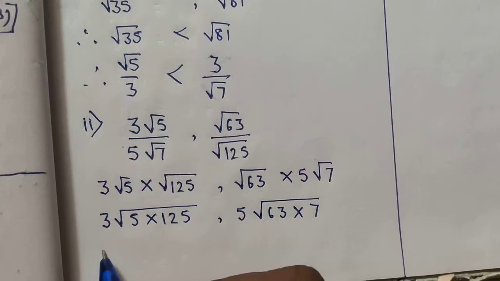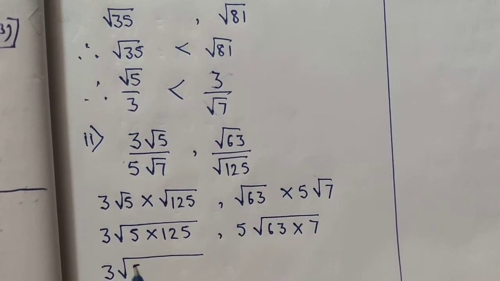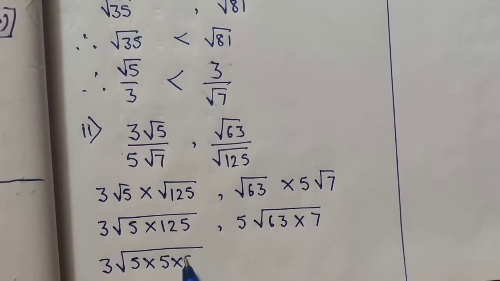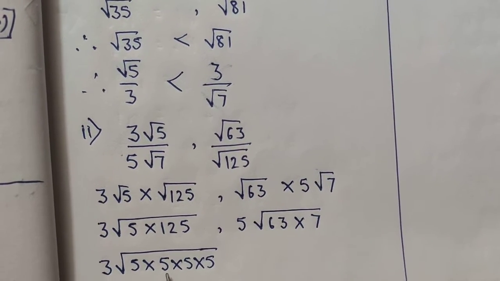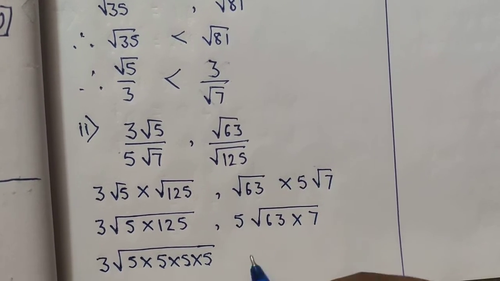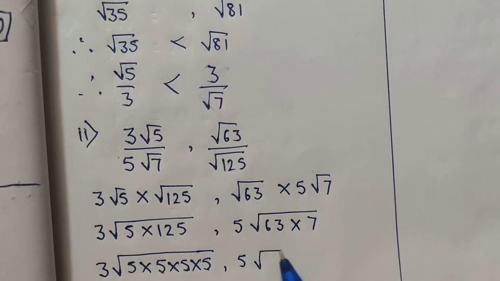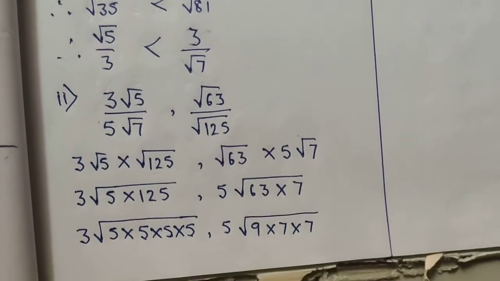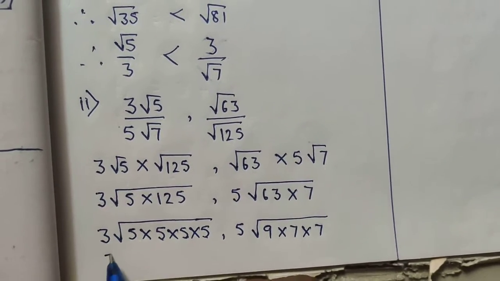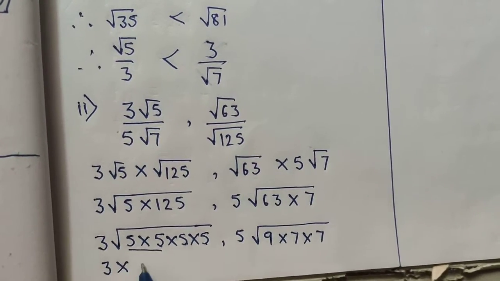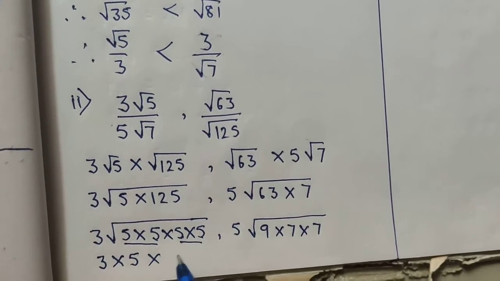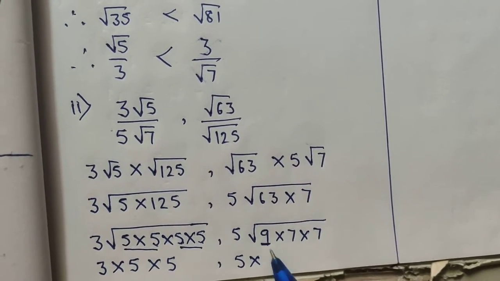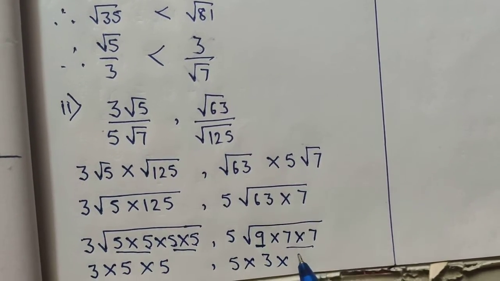Okay, let us simplify this. This is 3, this is 5. Now see, if you factorize 125, you are going to get 5 times 5 times 5. You know 5 5s are 25, 25 5s are 125. Now let us simplify this. 63 means what? 9 7s. Okay. Now let us take the numbers which are supposed to come outside. This is a pair, so you can take it outside. Again this forms a pair, so take it outside. This is 5 into 9, can be taken outside, so it becomes 3. And this is a pair, so 7.